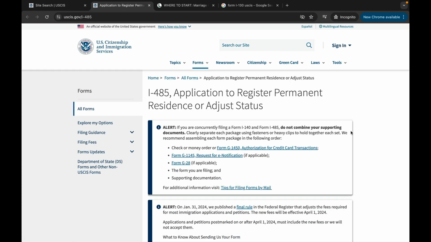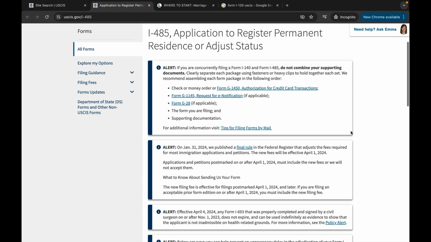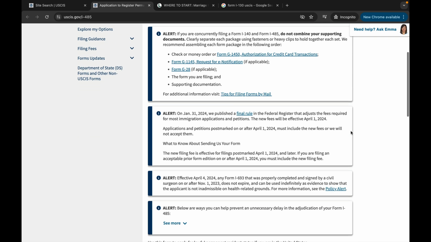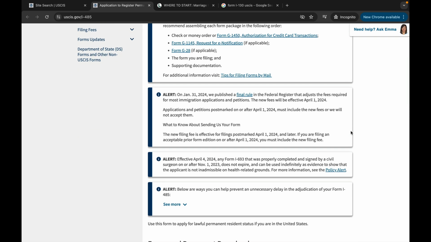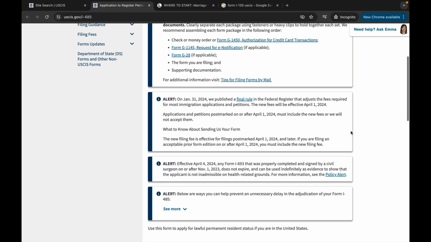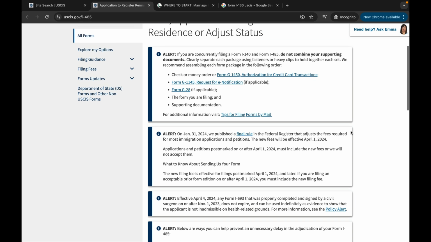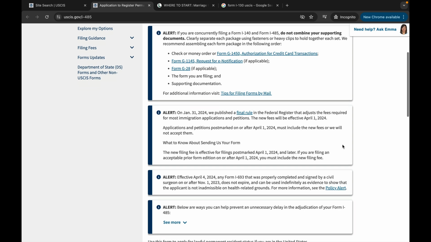Wow. So first of all, you will find a lot of alerts here. This is kind of new that there's so many, but it's just because there have been so many changes within the USCIS in the last few months. So this is very helpful. And this is the stuff that you want to be checking from time to time because they do notify you of what's going on. Like they're specifically saying that,